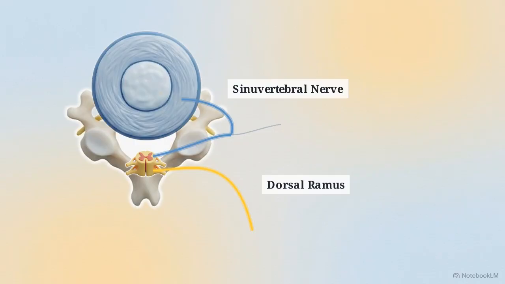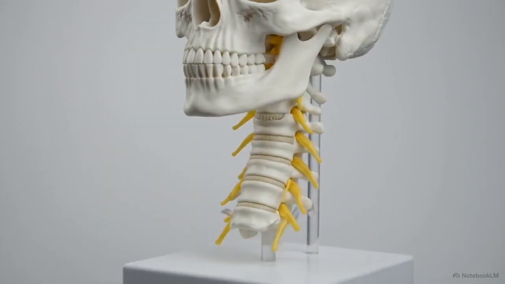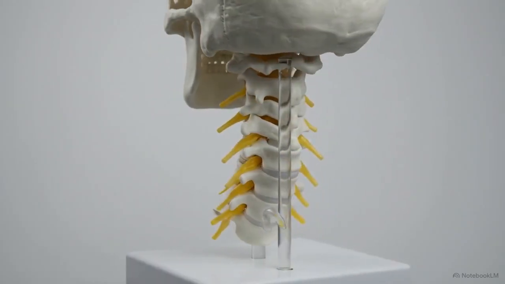Facetogenic pain is mediated by the dorsal ramus, sending nerves descending into the scapular region. The cervical disc is innervated by the sinuvertebral nerve, a ventral ramus branch. Irritation here refers pain to the exact same zone. Because the neuroanatomy creates identical regional pain maps, relying on spatial location alone is insufficient to differentiate early radiculopathy from facet syndrome. To break the diagnostic tie between facet and radicular overlap, we now have to rely on dynamic mechanical evaluation.